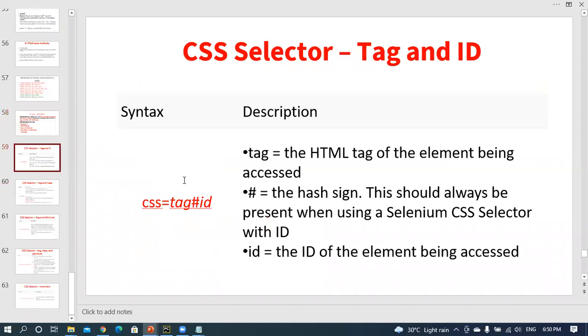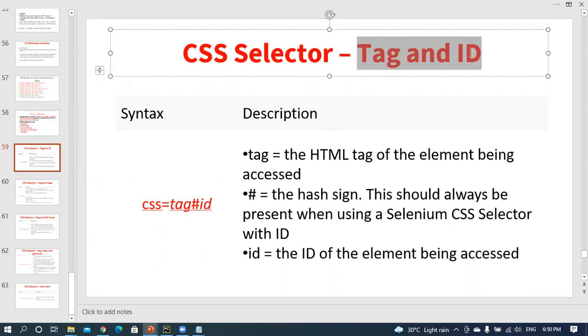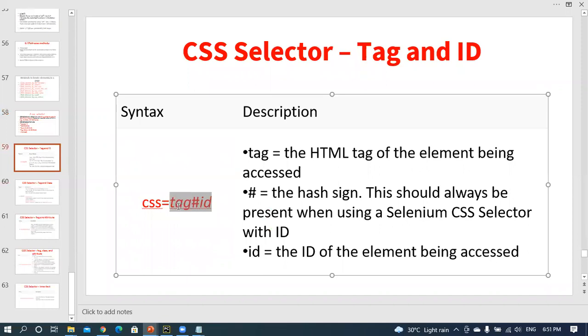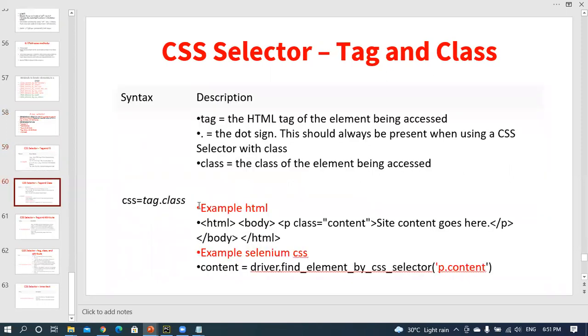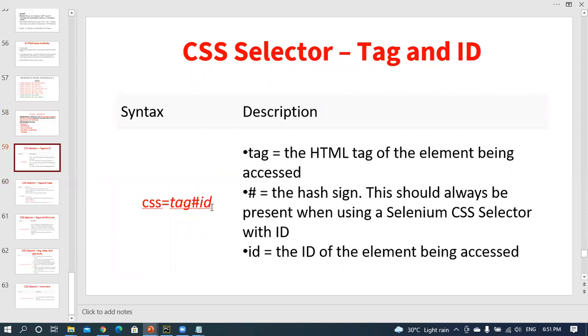For example, the CSS selector for a tag and ID is tag hash ID. Another CSS selector is tag dot class name.